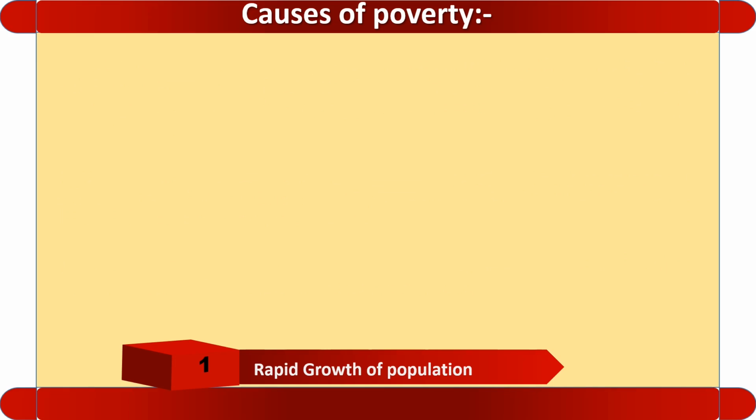Now let us see the causes of poverty. The first reason behind poverty is the rapid growth of population. Poverty is the condition under which a person is not in a position to meet their livelihood. One of the reasons behind poverty is rapid growth of population. Because of the rapid growth of population, the supply of resources becomes scarce, and because of population the demand is increasing. As a result,